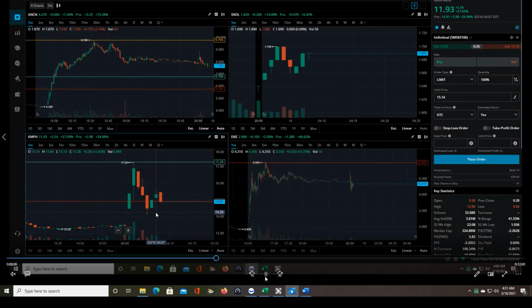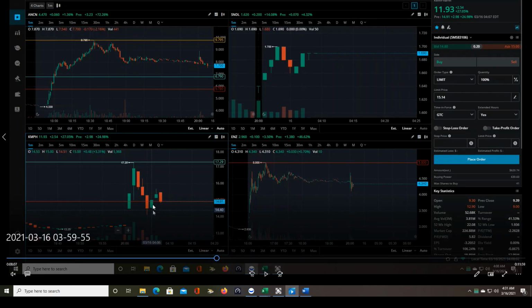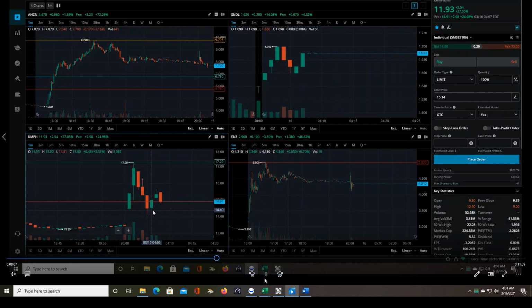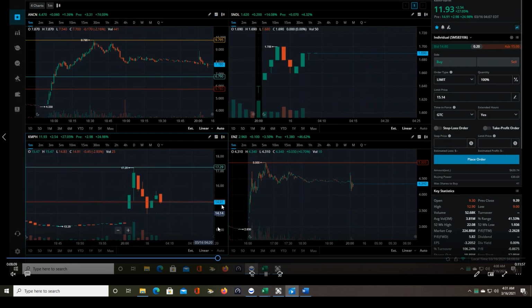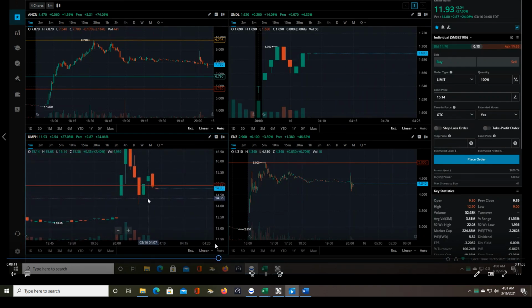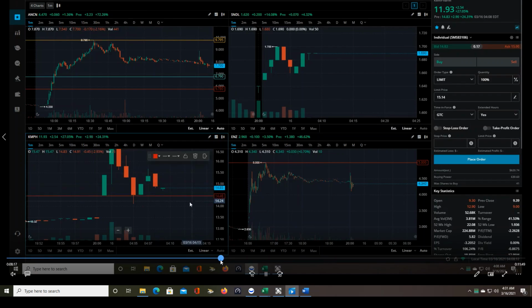So let's see what happens. So now I'm hovering over it. My ideal entry would have been $15.01 or anything just above that if it just jumps over that price. So I'm watching the price right now. It's dipping down below 14.80. Took a second to get back up there. It will hit 15, but it has to do better than 15 for me to get in. So I'm watching that bubble, looking for anything better than 15